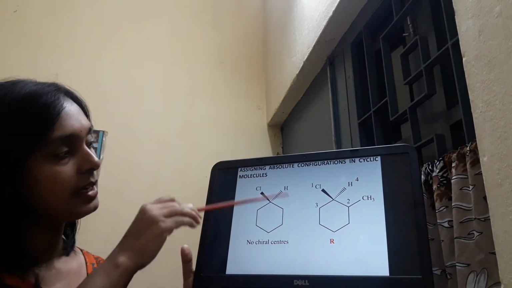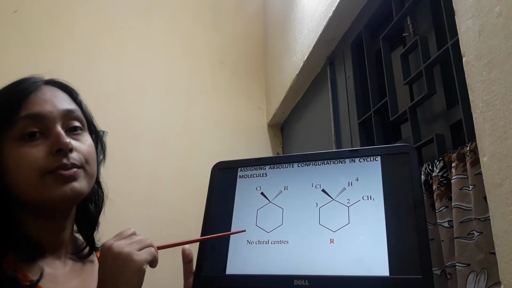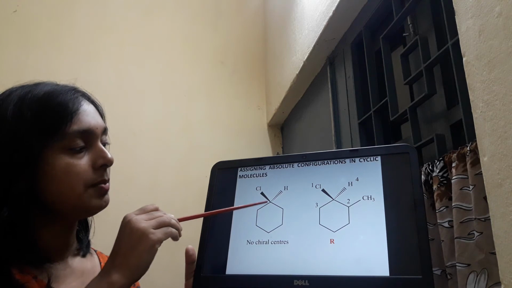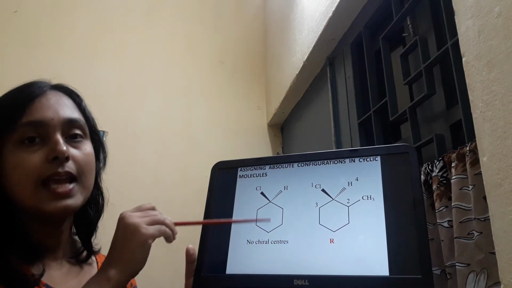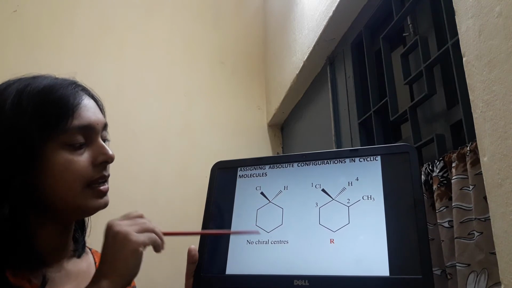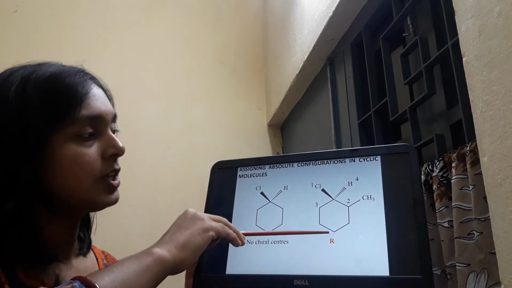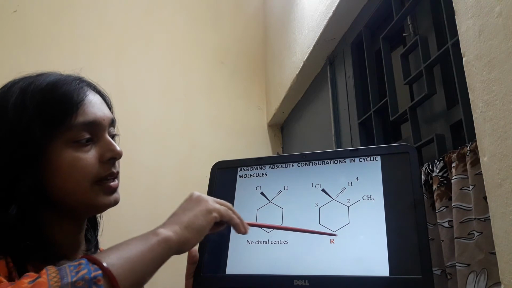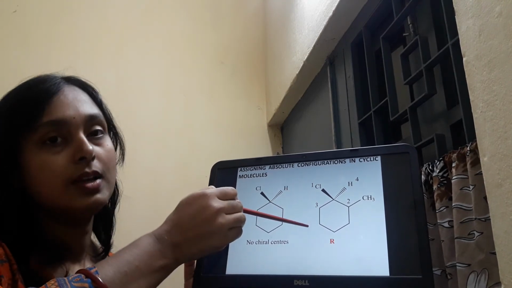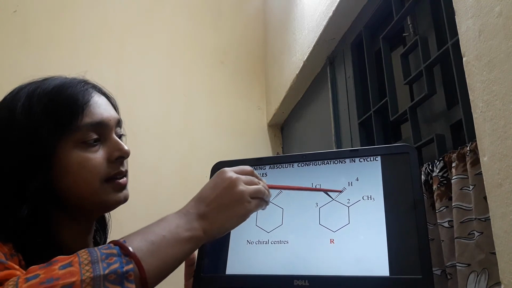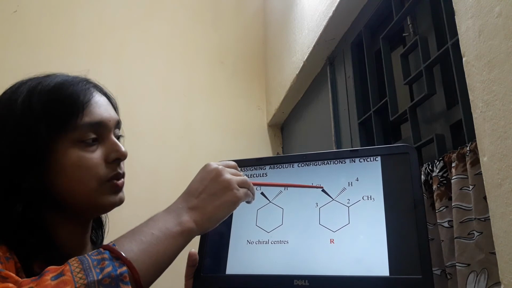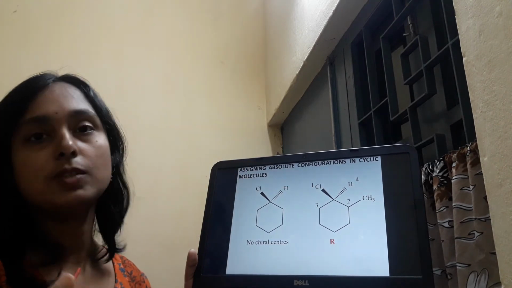So here is a cyclic molecule. First, find out the chiral center. Here there is no chiral carbon because these two positions are the same. So it is a chiral center, a chiral carbon, a chiral molecule. But here in this position, there is an easy way: all cyclic molecules are actually drawn by assigning backward and above the plane of the paper all these types of bonds. So you can consider which is above the plane and which is below the plane.